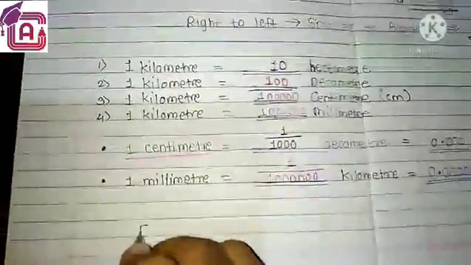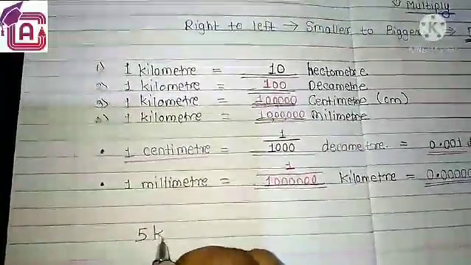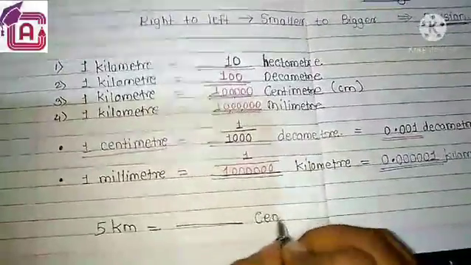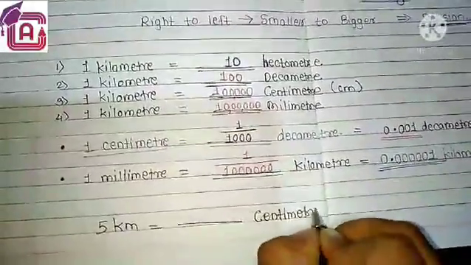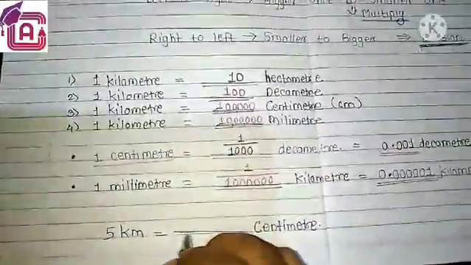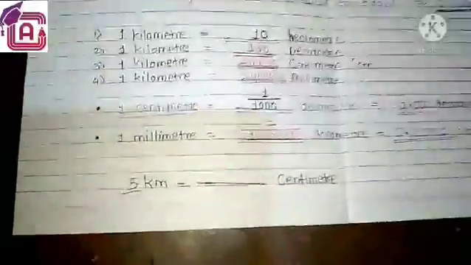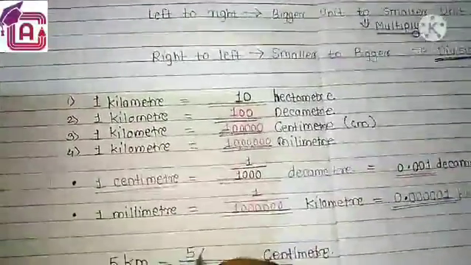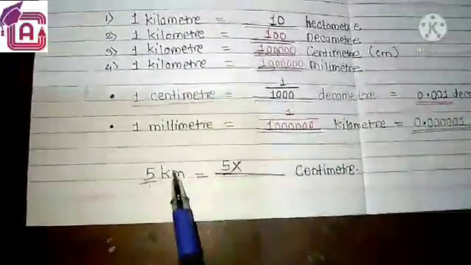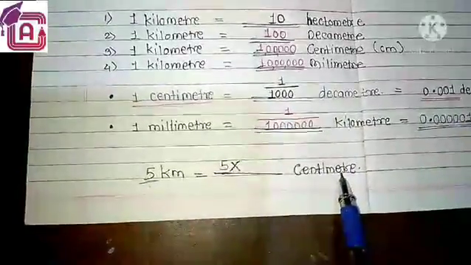If the number amount is like this, 5 kilometer is equal to how many centimeter? So don't bother about this 5. What you have to do? First write down 5 here. Whatever number is there for the unit, write it first and after that put a sign of multiplication. And now count the places from kilometer towards the centimeter.